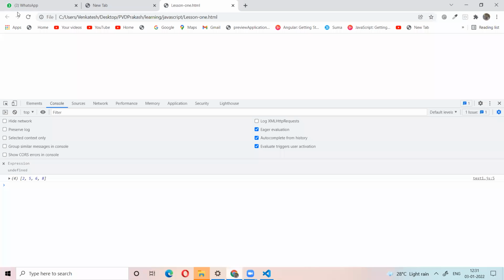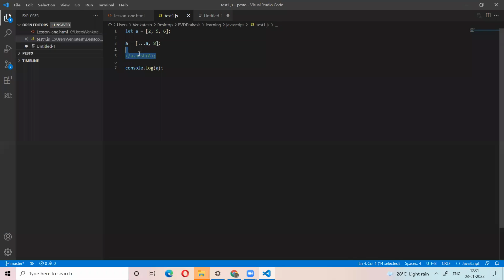Okay, right? People understand, right? Both are the same, but in React they will use it like this. They will reset the array because in React or in Angular there is a concept called Redux. I will explain it later in the Angular class. Redux is a store management concept. For every store, they have some value. If anything happens, they update the object.